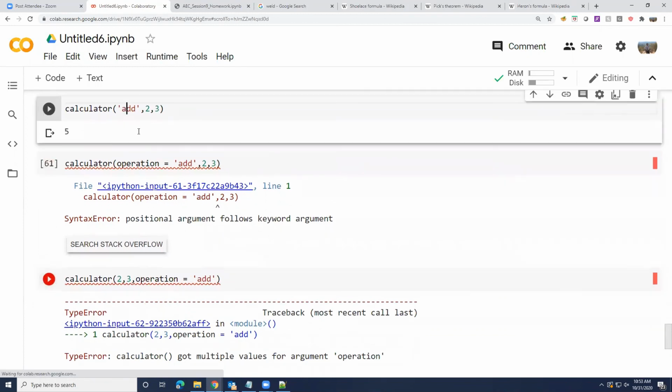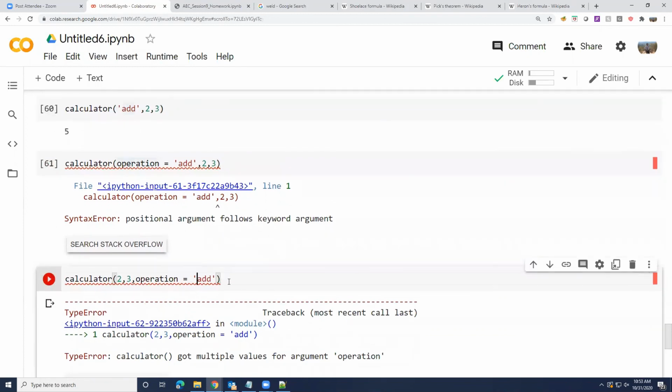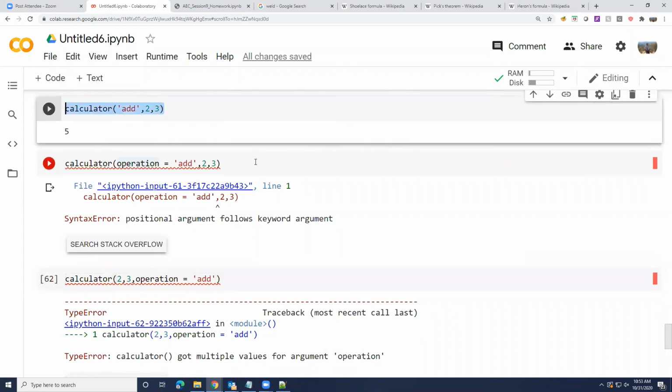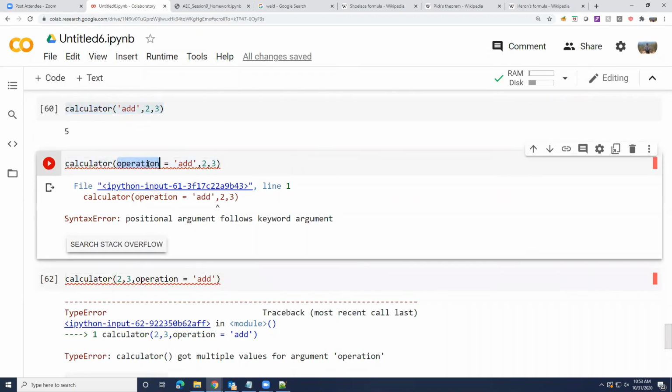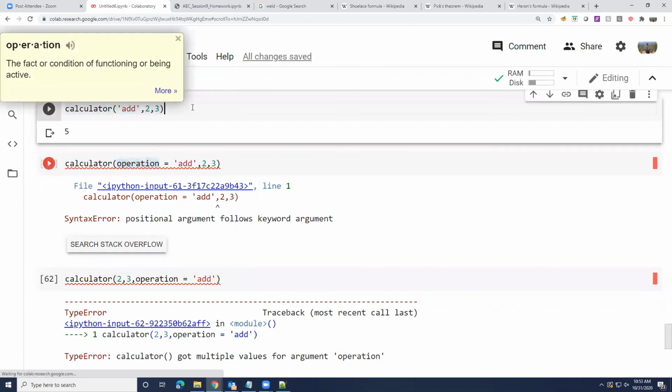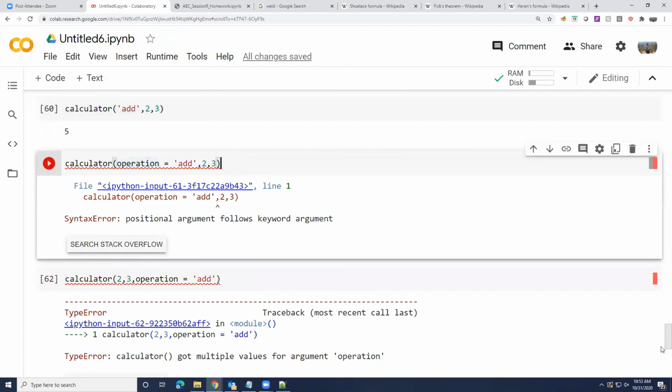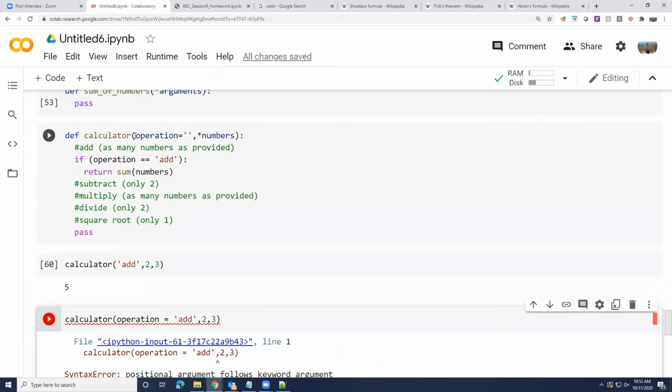To you and me, all these three things look like the same. At least when you are reading it logically, they look like the same things. But when the program is reading it programmatically, they look very confusing to it. This looks very simple to it, but this looks confusing to it. Even though to you and me, it looks more clear this way than this way. And that's happening because we are mixing positional arguments.